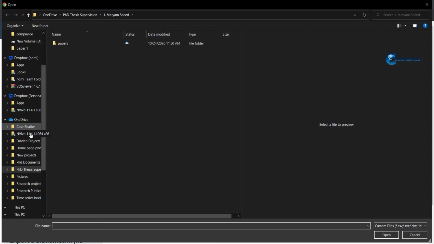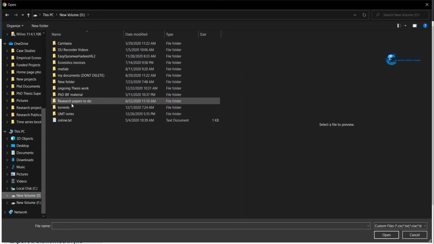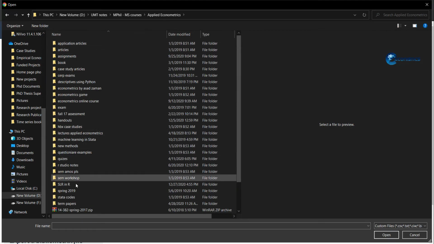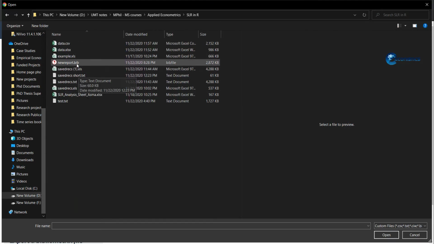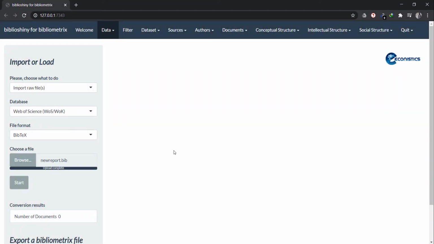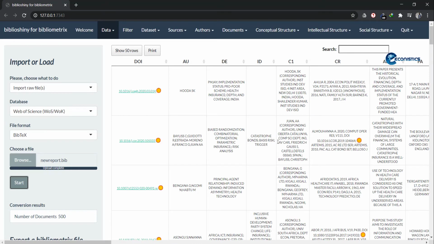If I go and find the library, this is the bib file that it is reading. When I press start, it will load the file.